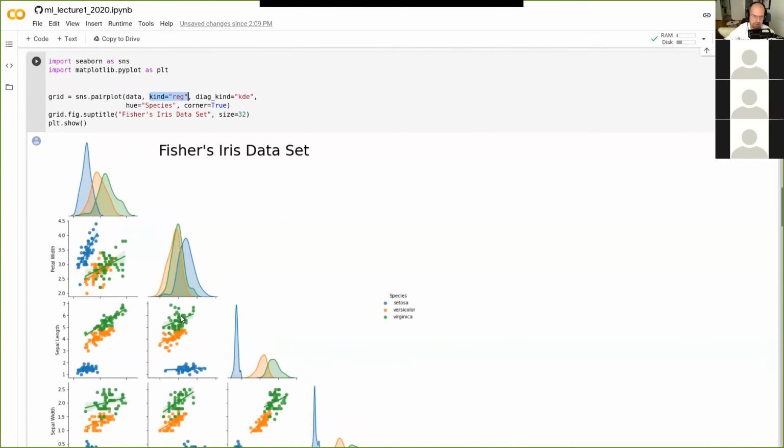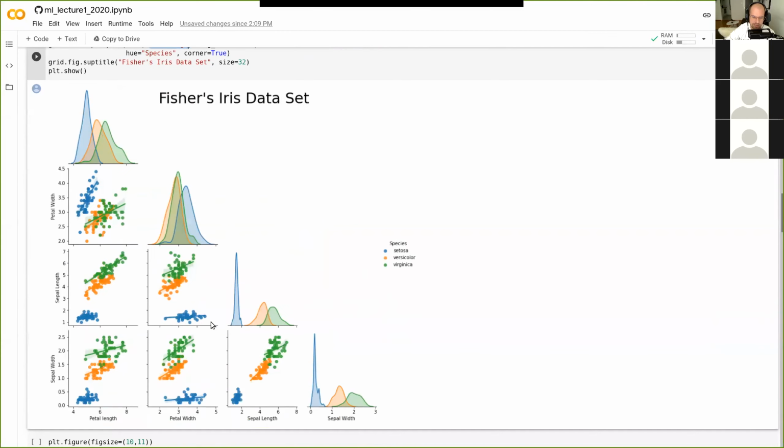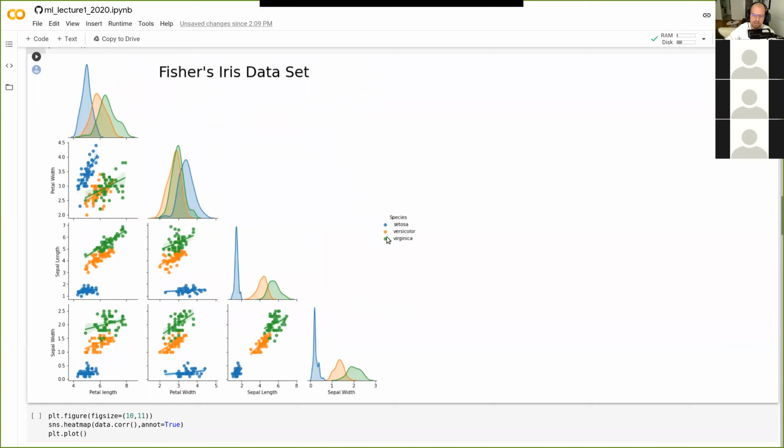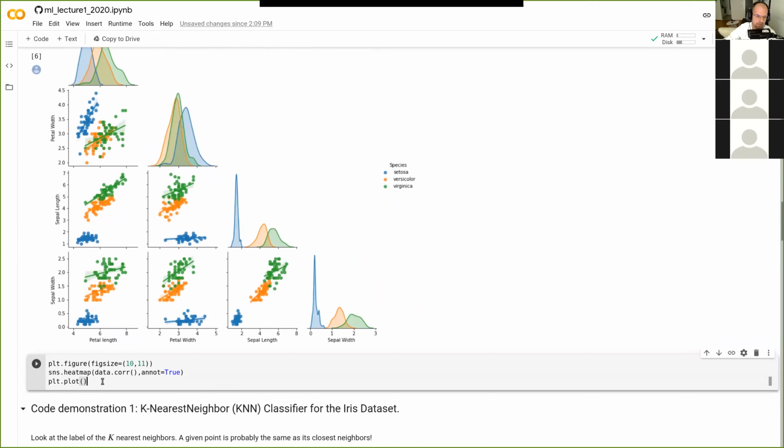So if we looked at this plot, for instance, we might see, oh, there's kind of a negative correlation here. But if we enhance the resolution to be for every type of species, you can actually see there's a positive correlation, but it's like three different positive correlations. So this is also a very handy tool to look at your data.